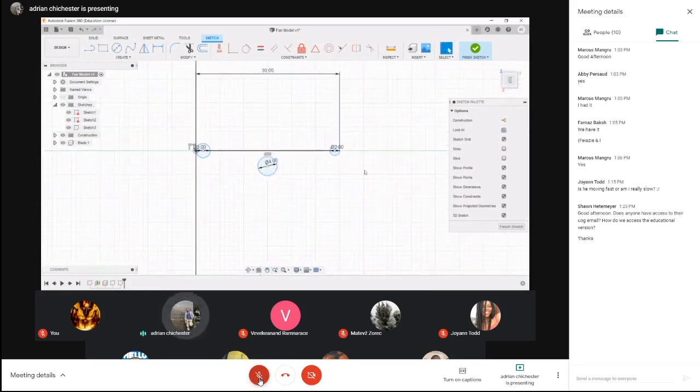And generally with these profiles, the thickest part is like 1/3 of the entire length, right? My chord length, which is from leading edge to trailing edge. Say I want to put the center of this circle 1/3 of this 30, right? So I can go over to this sketch section. I can click sketch dimensions